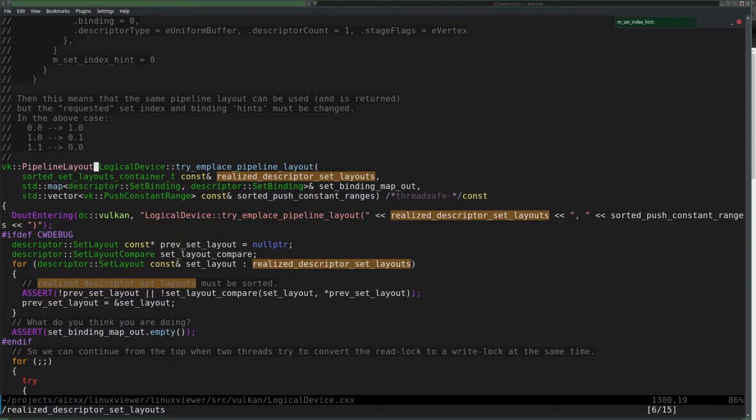But if I can find it, so I do nothing, then I have to go back and maybe make changes before I do the previous stuff. It's kind of confusing, because if I find it in the cache, I also already have all the handles of the descriptor layouts, which I can just reuse.